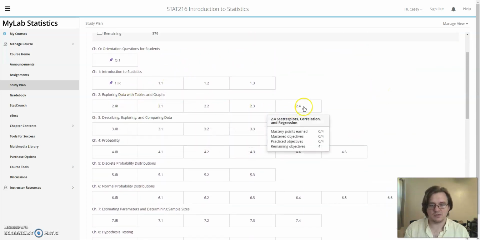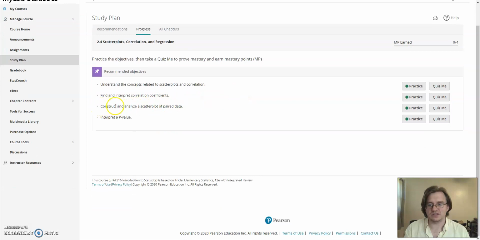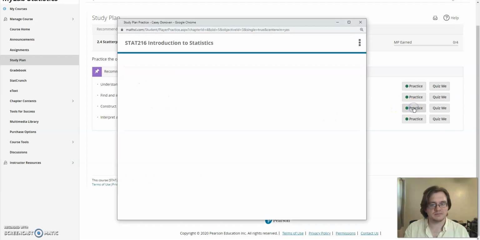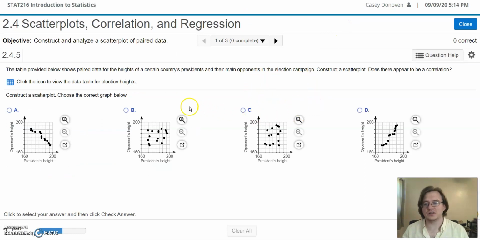Here I'm going to come over to section 2.4 on scatterplots and correlation, and one of the questions is construct and analyze a scatterplot of paired data. So let's practice. What will come up will be a question, like a question on the homework, and this question is looking at the heights of presidents and the opponents in the election. In election campaigns, seeing if there's a correlation, maybe taller presidents tend to beat their opponents, or vice versa, or